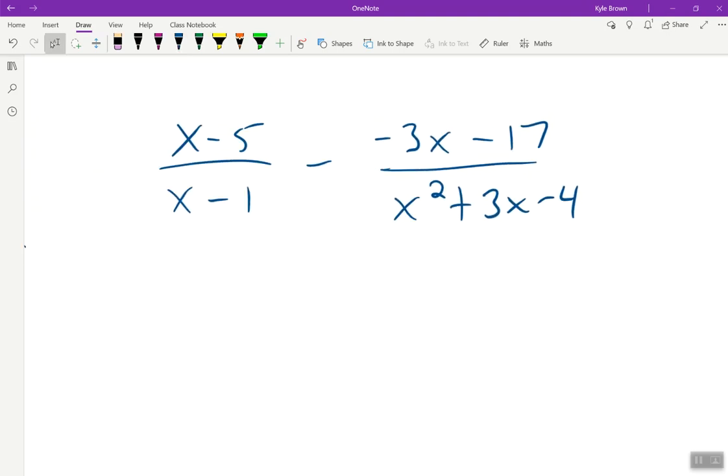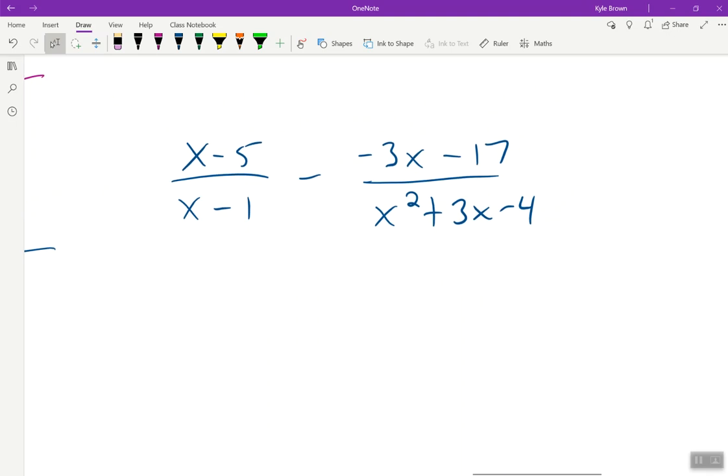Okay, so what should we always do first? We got to factor, right? We got to see what we're dealing with. So nothing to factor in the first term, so I'll just write that again. So we've got x minus 5 over x minus 1 minus, and then,